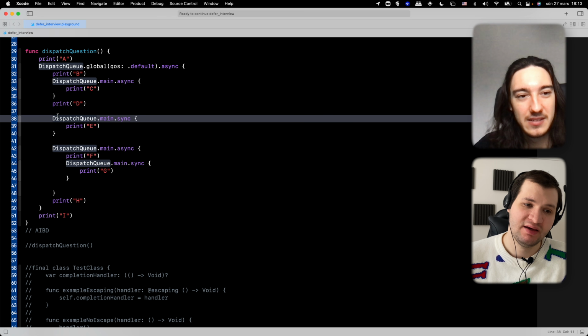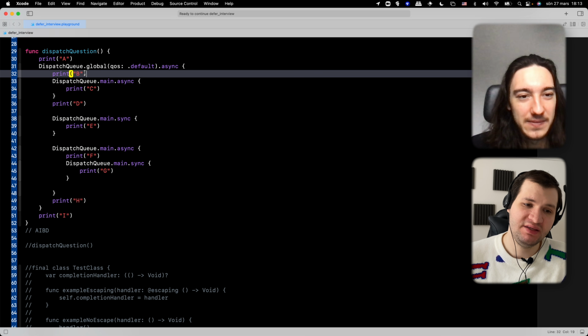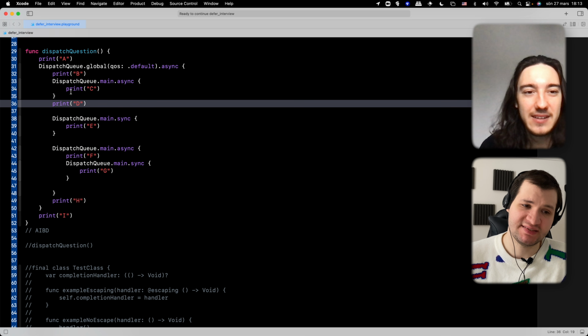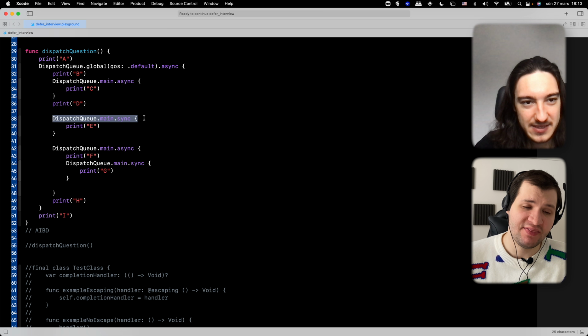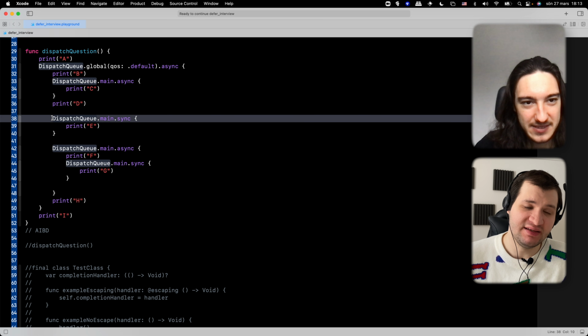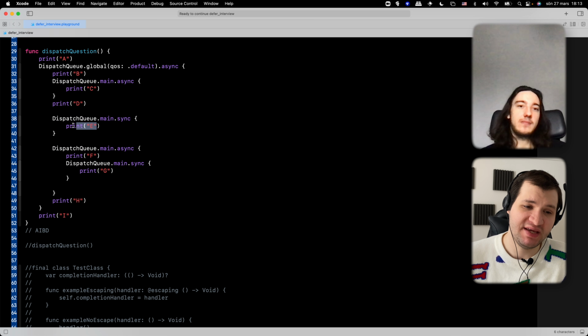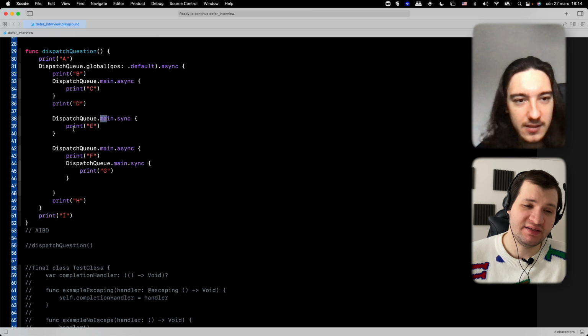So basically, you go the B, then you go to D. This is scheduled, right? This is async. It just skips it. Then you have D, and then it goes to this line, and then it waits. Basically, it schedules this part to be executed on the main queue again, but it will wait until this finishes. While it waits,